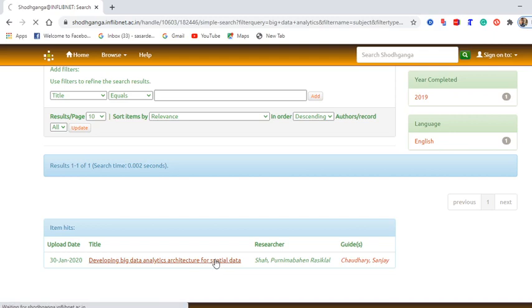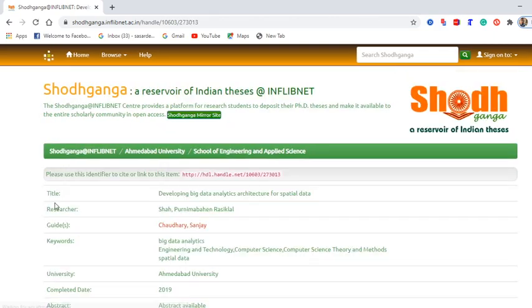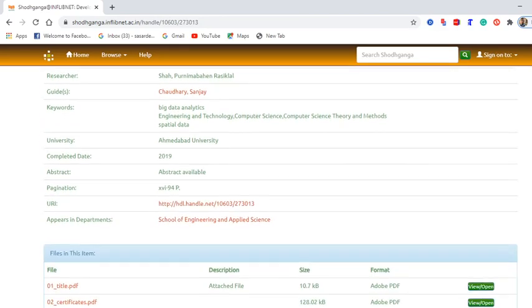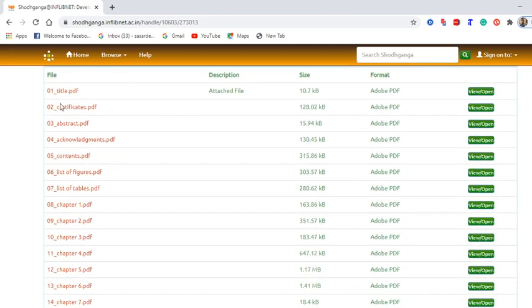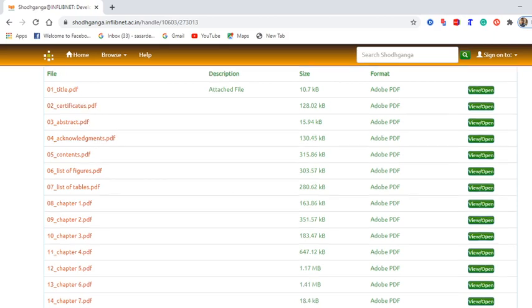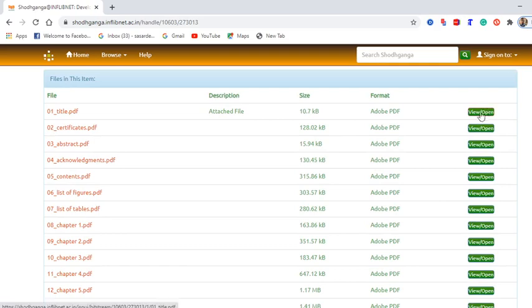Once you click here, you can find the detailed information regarding it, title, researcher, keyword, and below that all the thesis files. One is the title, as per our print form thesis which are uploaded here, and when we view or open, it can be opened.